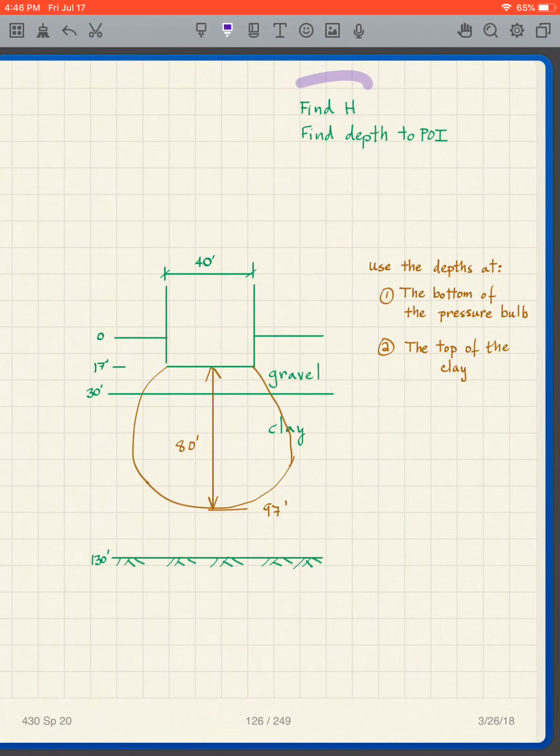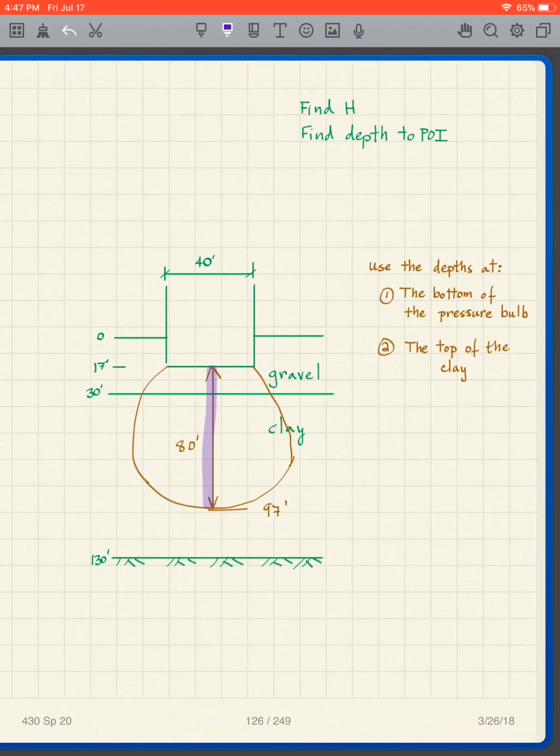Okay, so here's another simple example. Find the h and the depth of the point of interest. And I've given you this information here. I've got a width of 40 feet, and I've helped you out a little bit. We have a structure with a basement here, and